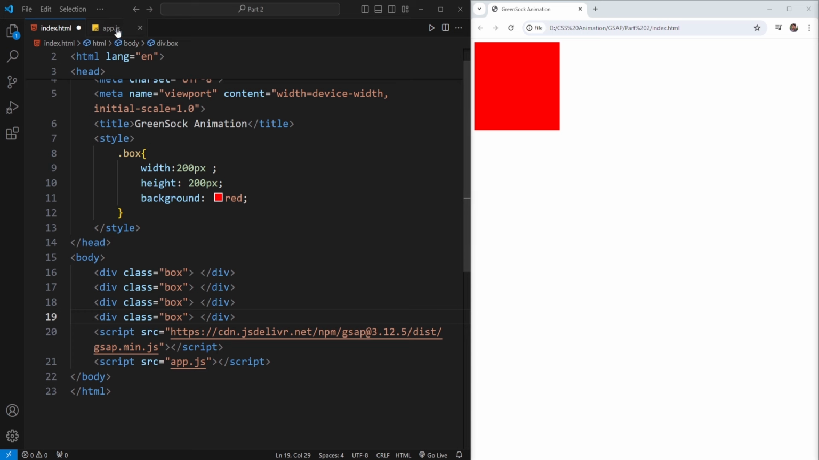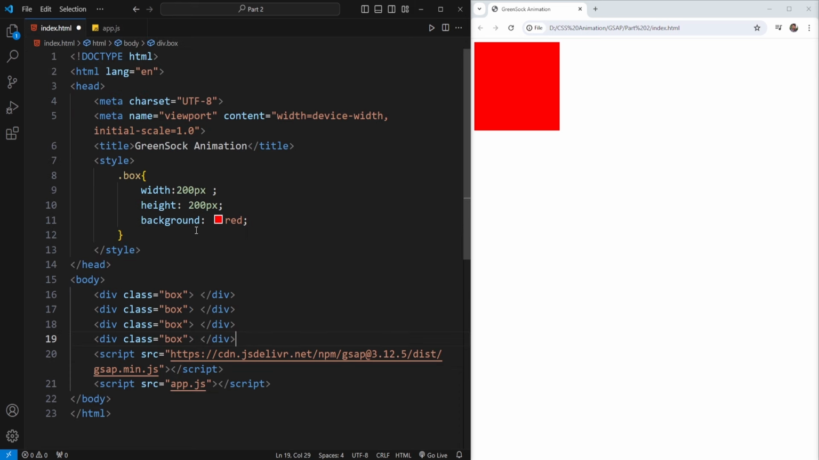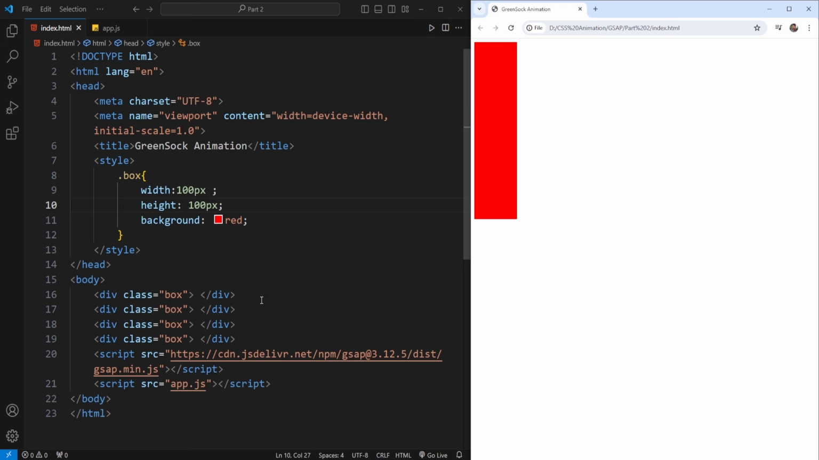Also, I'm going to comment out some properties in my app.js function. First, I'm going to remove the rotate property. Then, I want to move it only in the x-axis direction. Next, I'm going to remove the repeat value. Also, I'm going to uncomment yo-yo. Then I want to save this file. Then back to the HTML page and reduce the size of this box. This time I'm going to make it 100 pixel width by 100 pixel. If I save this file and reload my browser, it's going to apply all the animation to all the div elements